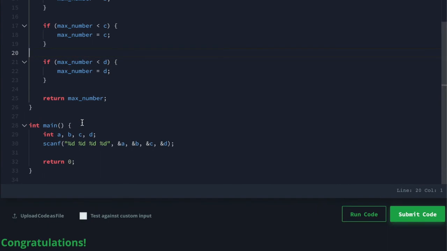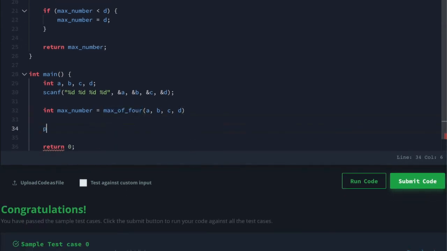Now the time arises where we need to call this method so that we get the maximum number. So further we will define the maximum number as an integer, which will store the maximum number returned by the method. So max_of_4, and we will send 4 variables to this method, which we have received from the user in the above line using the scanf method. This is how we do it: A, B, C, D, and we have stored them in A, B, C, D, and passed the same A, B, C, D variables to max_of_4.